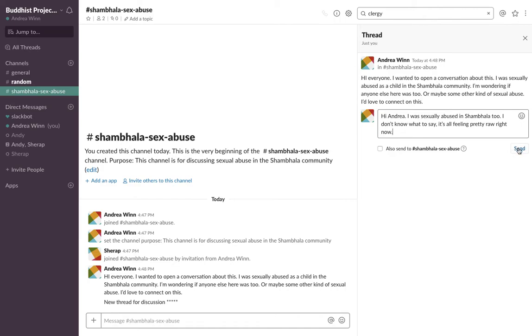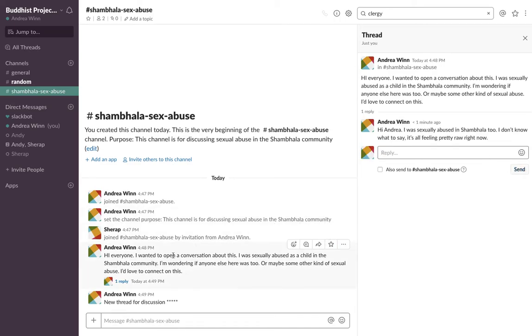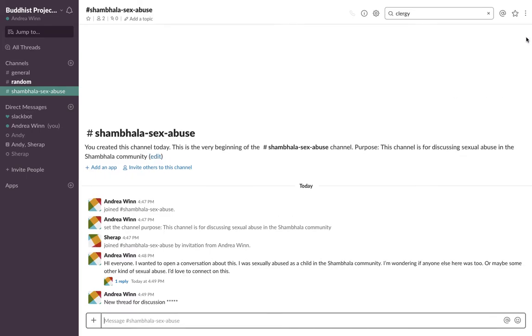And so I can just send that, and you can see down here, it appears that there's been one reply to this thread. And as other people reply, it just updates that number. If you want to see the thread, you just click on it and it appears over here in the right-hand panel. You can see the initial topic of the thread and then everybody's responses going down below. So that's really awesome. Or alternatively, if you want to start a new thread in that discussion topic, just do that by entering it in this box down here. So just go ahead and click and move that out of the way.